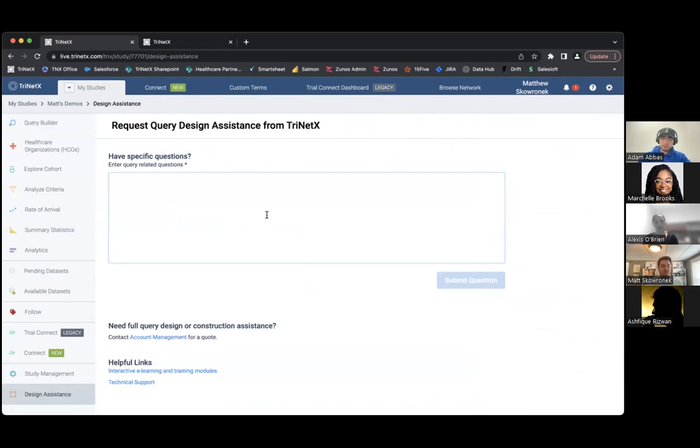And you can type your question into here, whether it be, can I have help creating this query? Do you know any other codes for so-and-so? This will actually send it directly to our clinical sciences team, and they'll get an answer back to you. It's normally within a day as well. If it's a more complex answer,